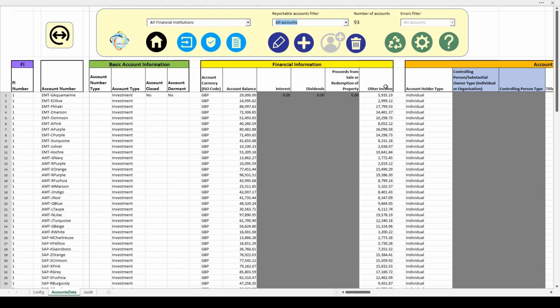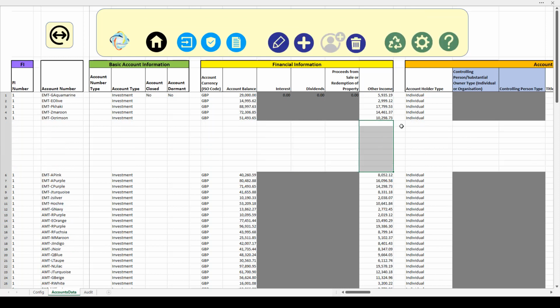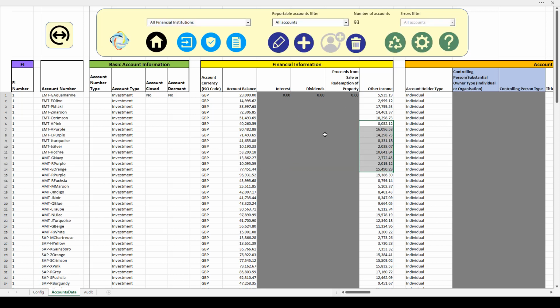I'll start with the actual spreadsheet input. We have improved the ability to add and delete rows on here. You can now insert and delete multiple rows. If I select a range of rows and click on this plus button, I can insert, in this case, 9 rows. And similarly, if I select all of those, I can delete 9 rows. Previously you couldn't delete multiple rows, you couldn't insert multiple, so that's improved and simplified the process.